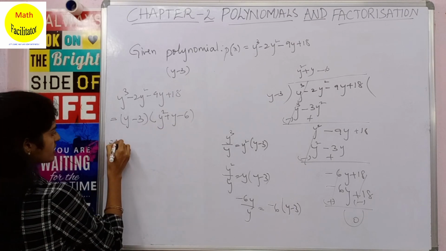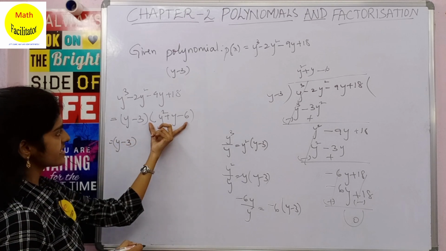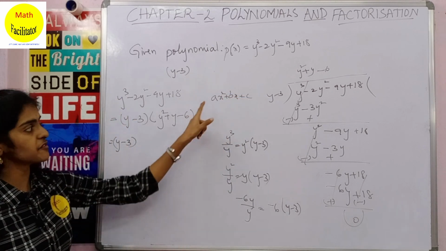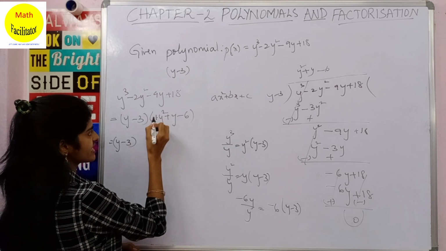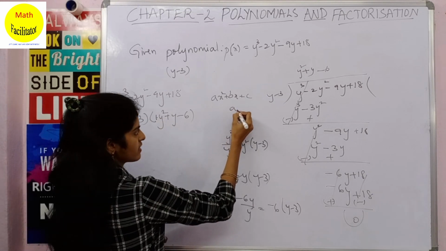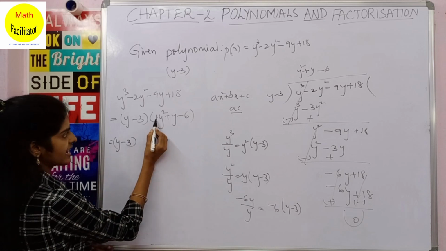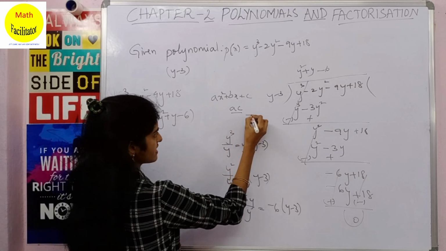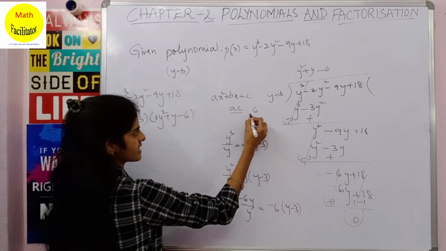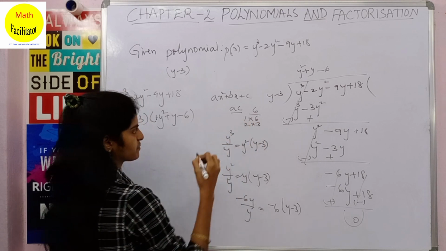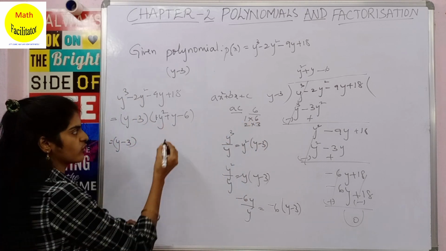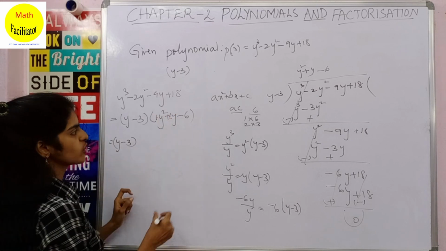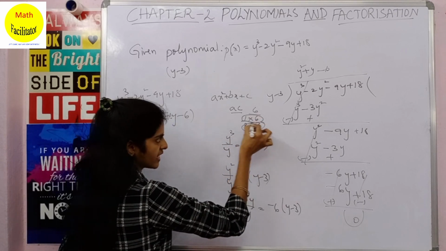So how? Now this is of the form ax square plus bx plus c. So how did we factorize this? Firstly you will see what is a and c, and write the factors of AC. Here a is 1, c is minus 6, so a into c is 1 into 6 is 6. So what are the factors of 6? It is 1 into 6, 2 into 3. Now see here the middle term is y. What is b? b is nothing but 1, there is nothing before y, which means it is 1. So now if I combine these two, I should get the answer as 1.